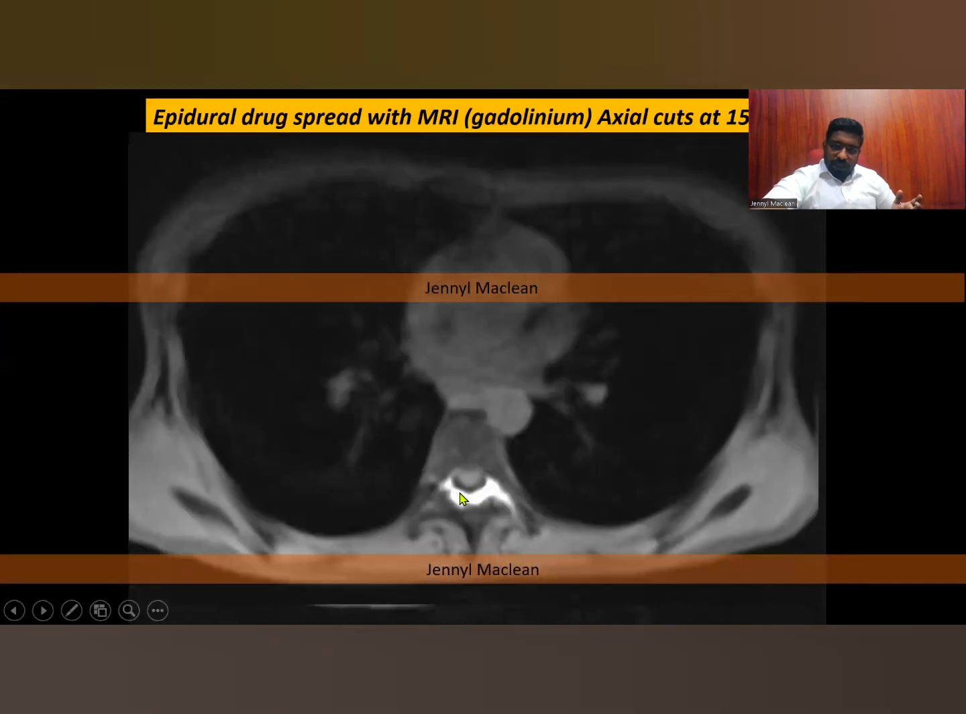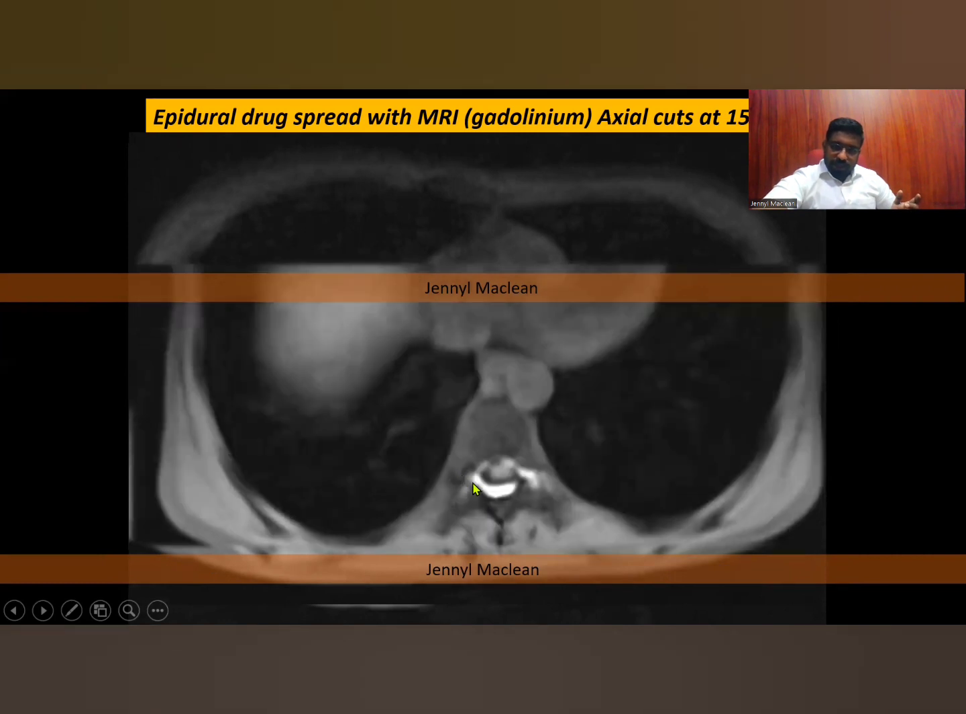Here also you can see the drug spread in the posterior epidural space and also a bit in the anterior epidural space. Now in the lower cut sections, you can see the drug spreads well in the anterior epidural space, exiting to the foramen, and also in the posterior epidural space. For a dense blockade to happen, unless you wait for 15 minutes, the drug engulfs all around the dura mater, that is the anterior epidural space and the posterior epidural space, and then